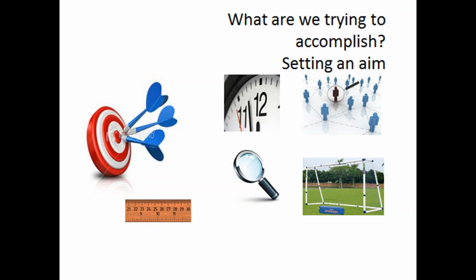They do that shrug of the shoulders and go, we just want to make things better around here, or we just want to see smiles on people's faces, or we want things to run a bit more smoothly. Those are aspirational things they want to achieve. But if we don't set an aim using the SMART criteria, being specific, measurable, achievable, realistic, and timely, we will find